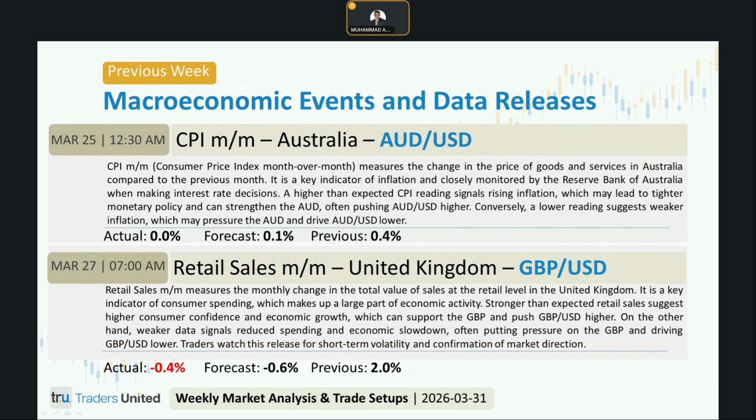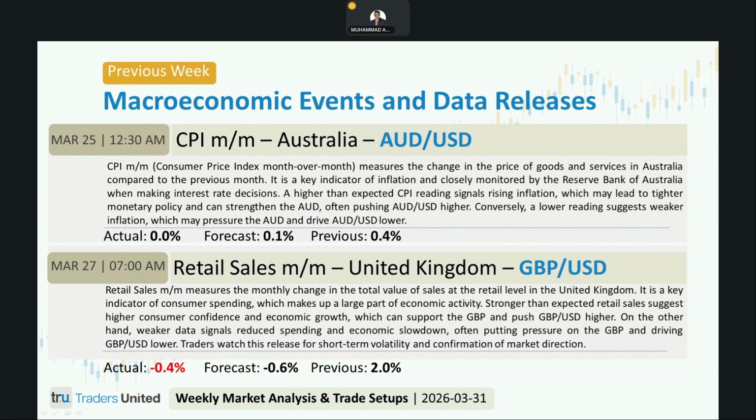The official February retail sales figure showed a 0.4% monthly decline, slightly better than the expected 0.6% drop,